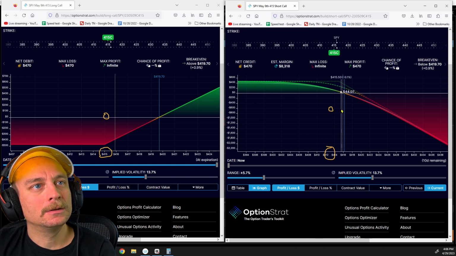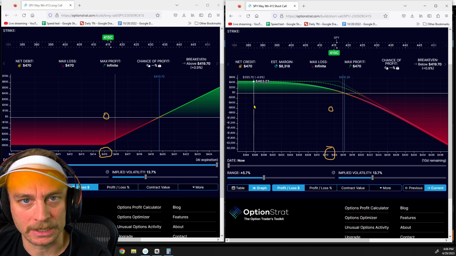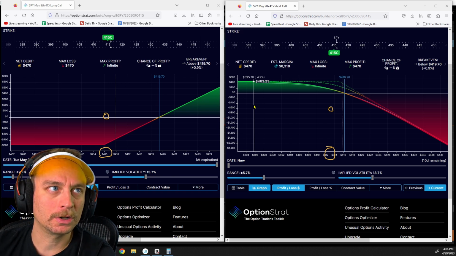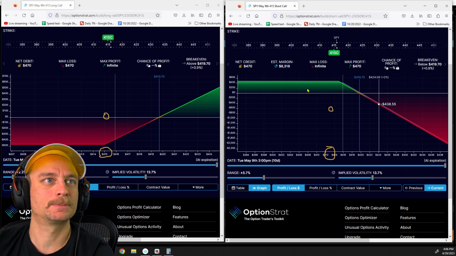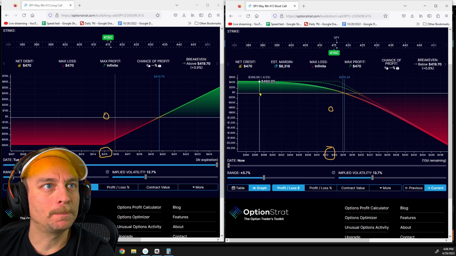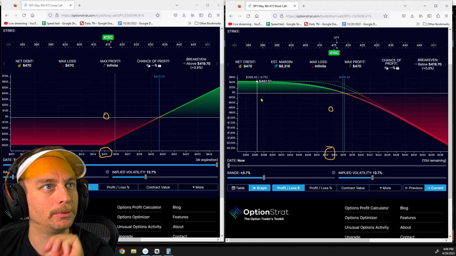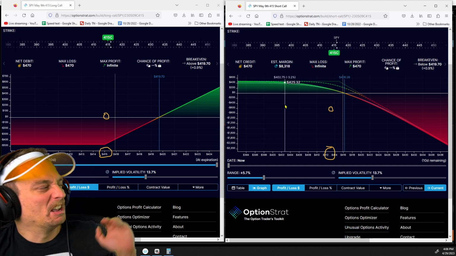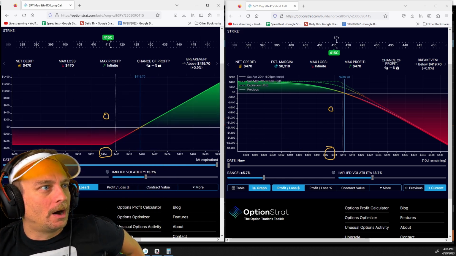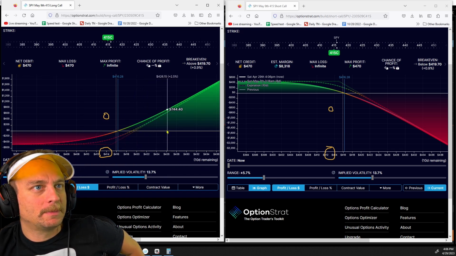Now, if the market on day one moves in your favor, it'll never make you more than $463. In order to squeeze the maximum amount of money on the short call side, it has to expire at 470, right? There's a point where it's not going to make you more money. Well, it does. It makes you little pennies at some point. See how this graph slopes, and it's like this really hard curve versus over here on the long call side, where if it immediately starts working, it's making you money.